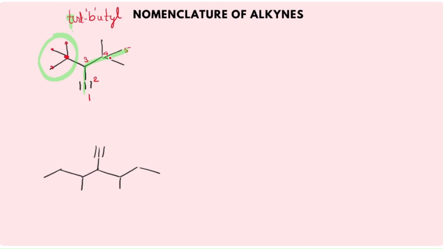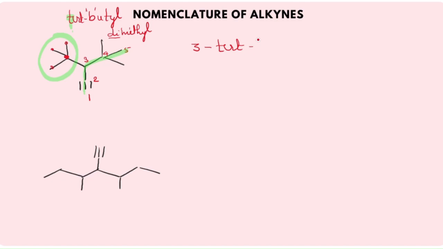What are the other groups we have here? Methyl. Methyl and methyl. And it's a dimethyl, right? We should not take the di-D here. M of the methyl must be considered for the alphabetical priority. So which will be coming here first? The tertiary butyl. And on what position is it? Third. Therefore, 3